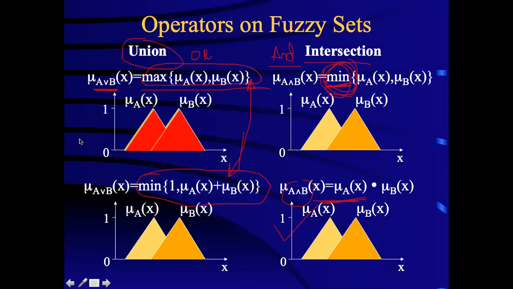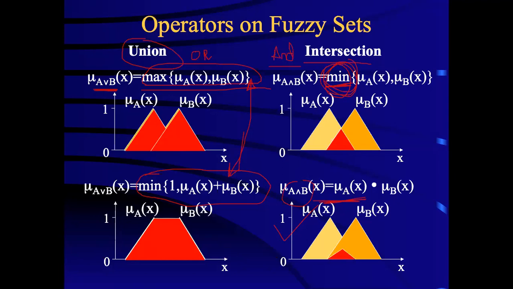Okay. So अगर आप max use करेंगे तो ये जो red shaded area, this will be the output. अगर आप निचले वाला और ऑपरेशन यूज करेंगे तो दिस इज द आउटपुट ऑफ द और ऑपरेशन ऑफ कंबाइनिंग द टू फॉर द सेट्स. अगर आप मिन ऑपरेटर यूज करते हैं फॉर एंड, देन दिस रेड शेडेड एरिया इज प्राइमरीली रिप्रेजेंटिंग द आउटकम,